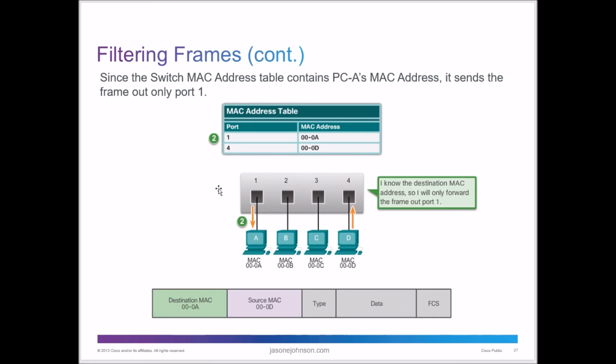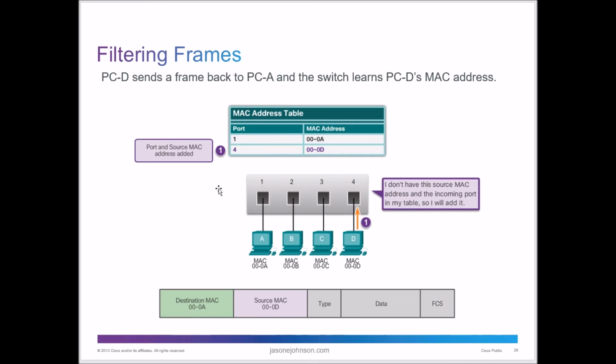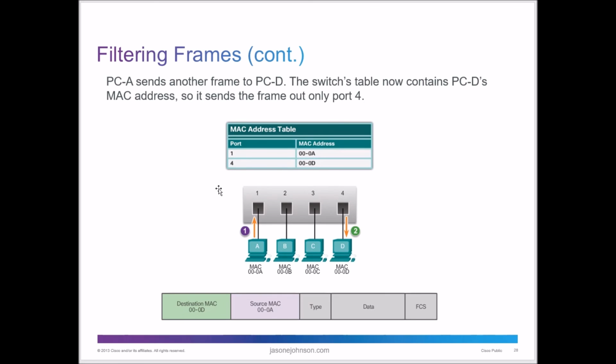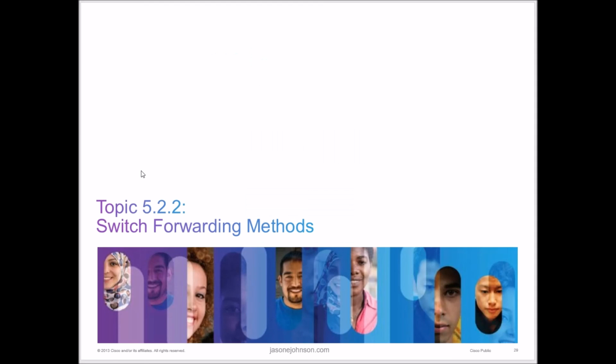And then that just goes on through, and I'm just going to go through it real slow here. So port and source MAC address are added, and then you have that information. So now the first computer can send from 1 over here to 4, and 2 and 3 don't even really need to read that, because it's going to get passed. It's going to basically filter that on there.